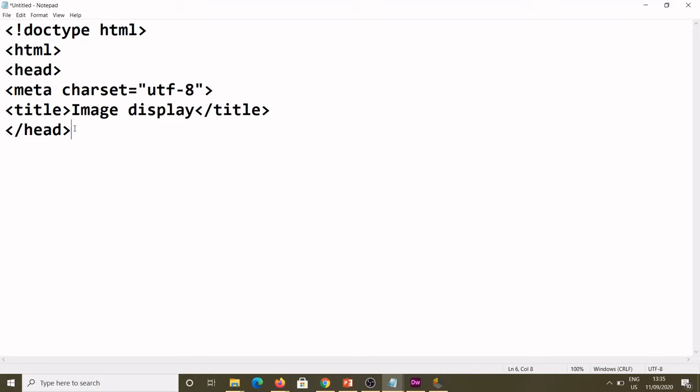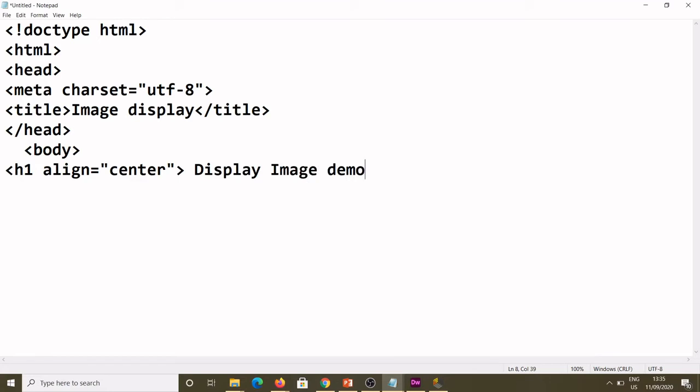After the head we can start the body, and then you can add an h1, just a heading for the image. You can write anything, not a problem. Align center, and then write any statement, display image demo, and then close the h1.